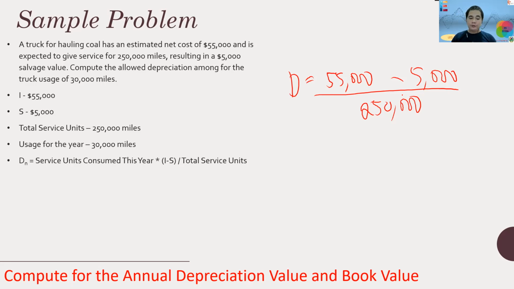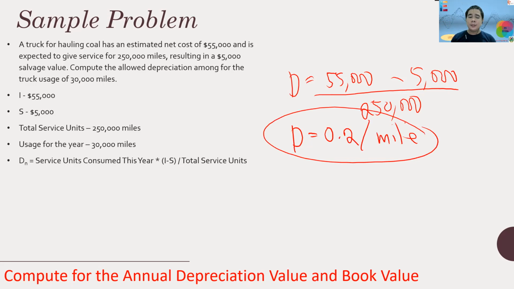So that is 55,000 minus 5,000 divided by 250,000. Meaning, your depreciation is equivalent to 0.2 per mile